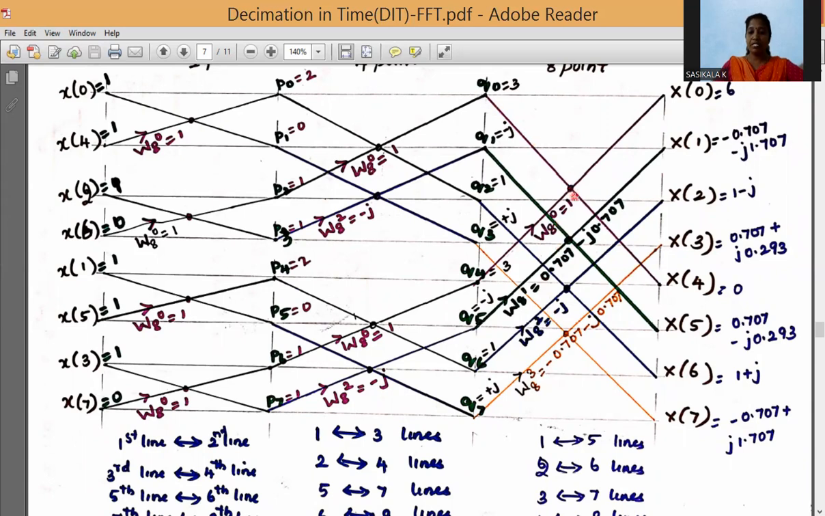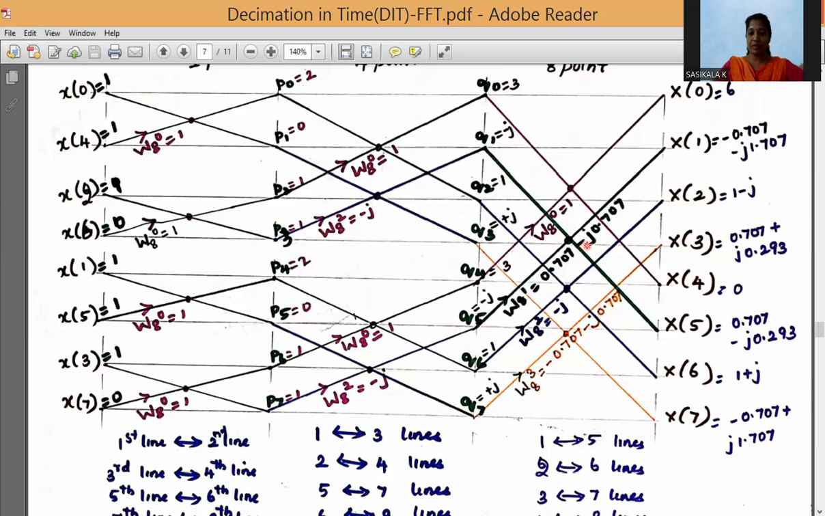Okay, so for the first butterfly diagram, I have W8 power 0, which is 1. And the second butterfly: the second and sixth lines are connected, and similarly this second and sixth line is connected. Put a dot at the intersection point and write the twiddle factor W8 power 1, whose value is plus 0.707 minus